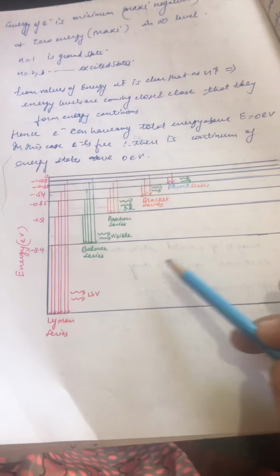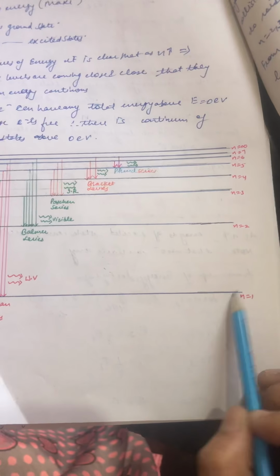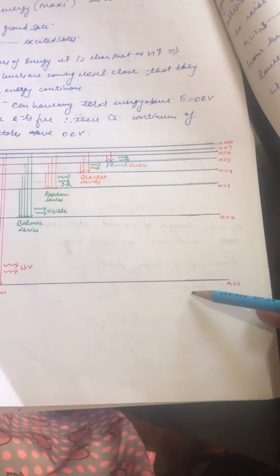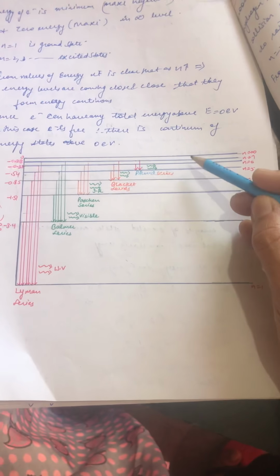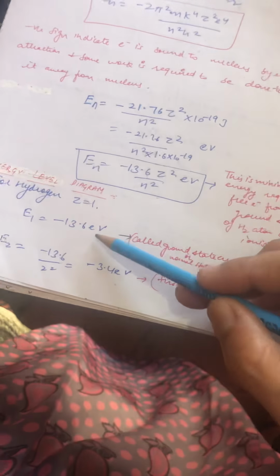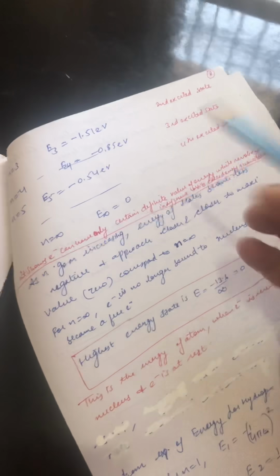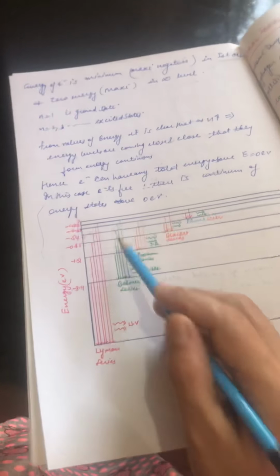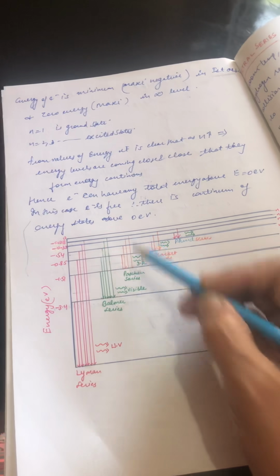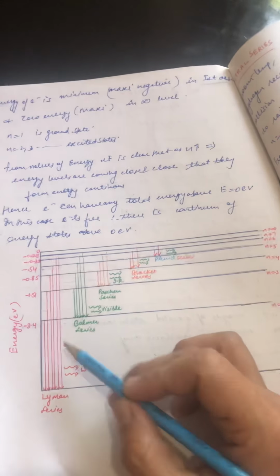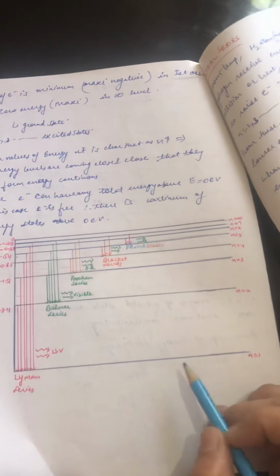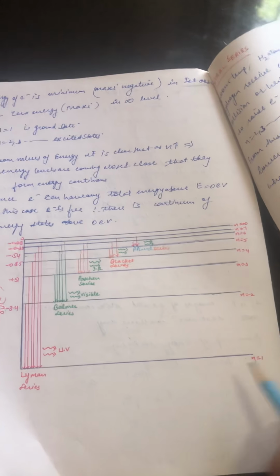So there we have drawn the series also. From here it is clear to you. n equal to 1, n equal to 2, n equal to 3, n equal to 4. As we go up and up, the difference in the energy levels goes on decreasing. You can see this from here also, in the values minus 13.6, minus 3.4, minus 1.51, minus 0.85, the difference between different energy levels goes on decreasing. So energy levels come closer and closer as we move toward n equal to infinity, right? On this side I have written the energy, and here we have n, that is the principal quantum number.